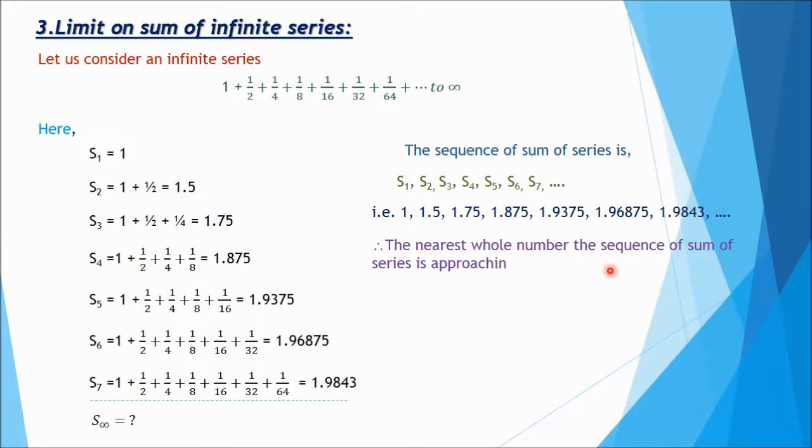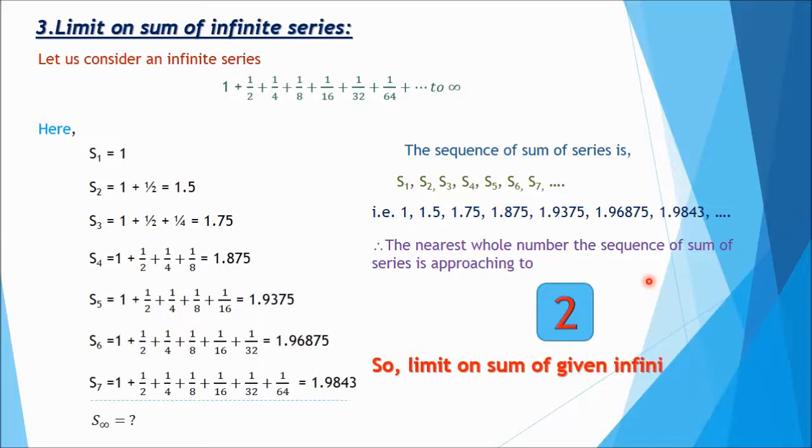The sequence of sums of the series is approaching 2. It is approaching the value 2, isn't it? If we include many more terms, its value won't be exactly 2, but it will be nearer and nearer to 2. So the limit of the sum of the given infinite series is